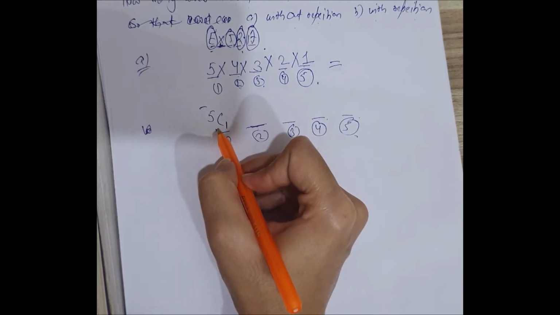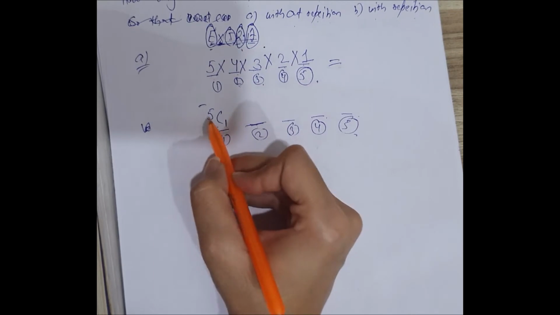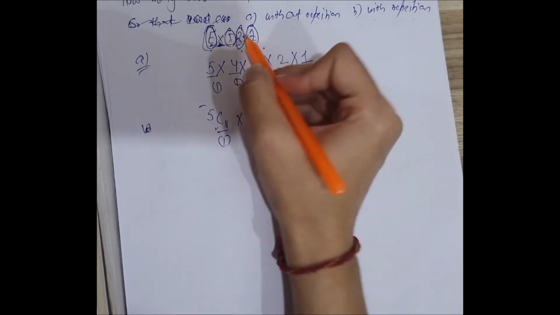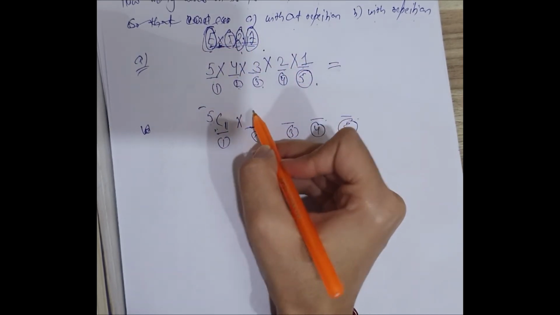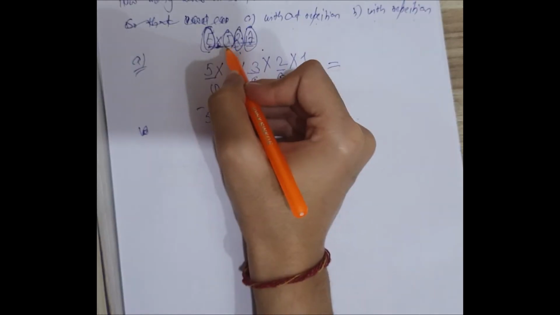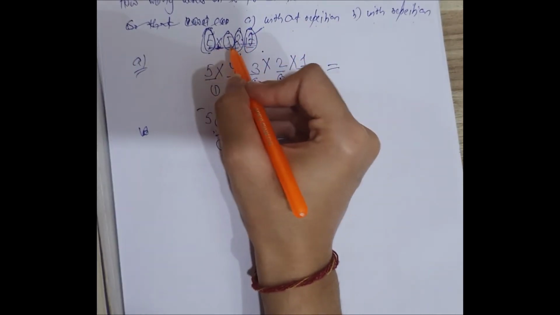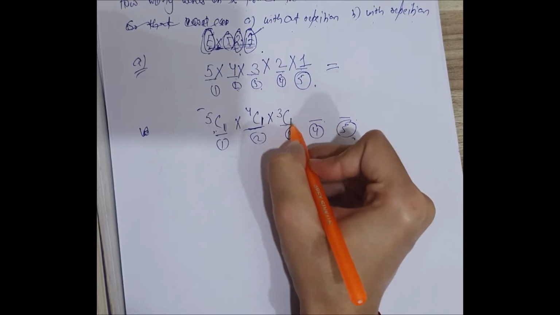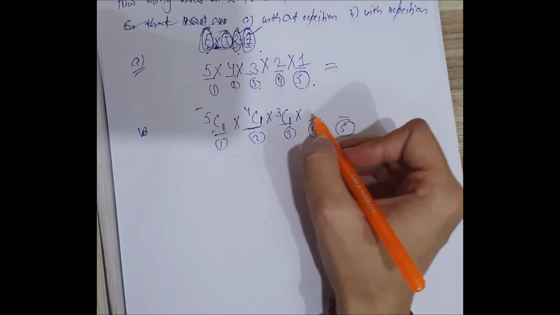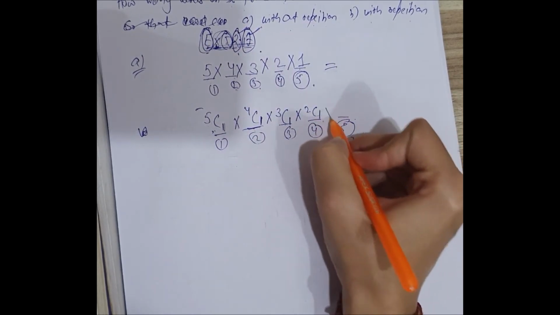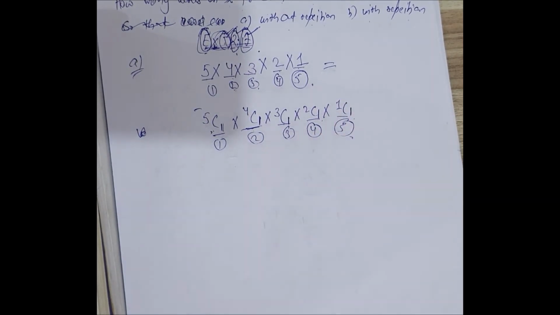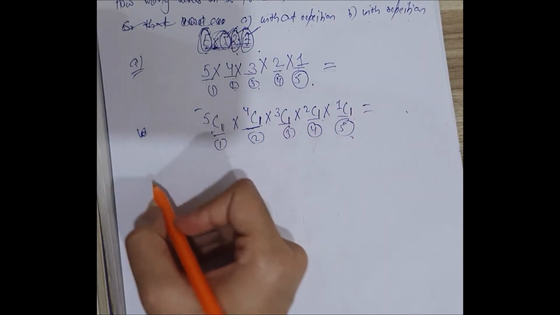Here in the first case, from 5 choices we have to use 1. Into, if we use E, then we are only left with 4 choices. Then from 4 choices we have to use 1. Into, if we use this A, then we are only left with 3 choices. From 3 we have to choose 1. If we use this R, then we are only left with 2 choices. From 2 we have to choose 1. If I use this T, then only 1 choice is left. If you solve it, the same answer will be there.